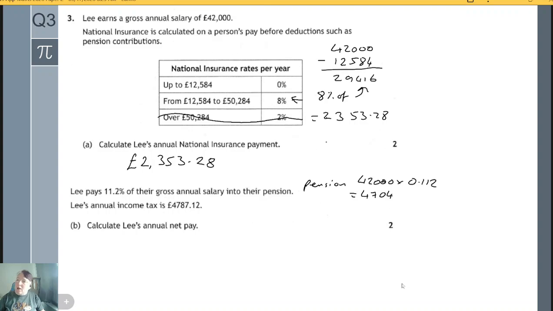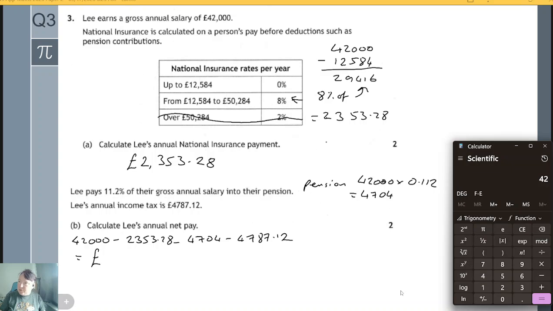So we're going to do our 42,000 minus our national insurance of 2353.28 and our pension of 4704 and our income tax of 4787.12. And that will give us the net pay. Let's have a look. 42,000 minus 2353.28 minus 4704 minus 4787.12. So 30,155